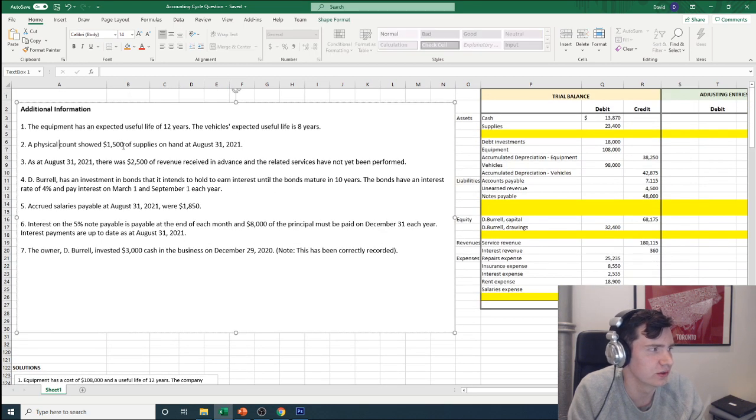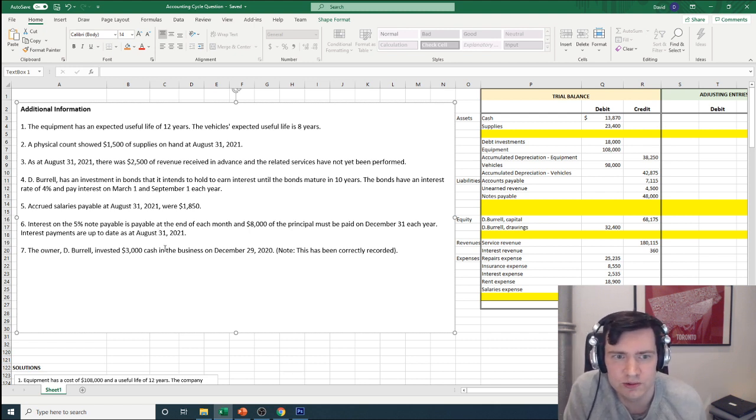So let's move on to the second adjusting entry, which is a physical count showed supplies of... Okay, Lee's asked a question. I'm just going to quickly answer that before we get to the next one. What if the useful life changed? Well, that's a good question. If the useful life changed, that would be a change in an estimate, and a change in an estimate is going to be a prospective change. So that is going to be recalculated, and we'll have to adjust the expense amount.